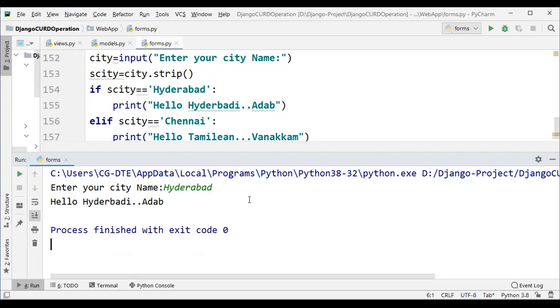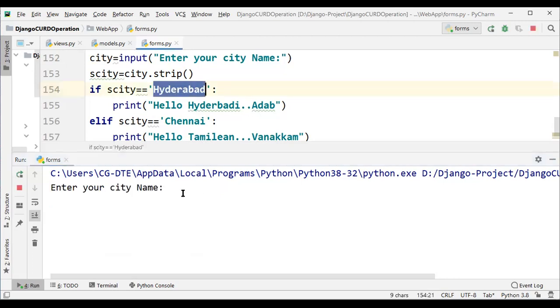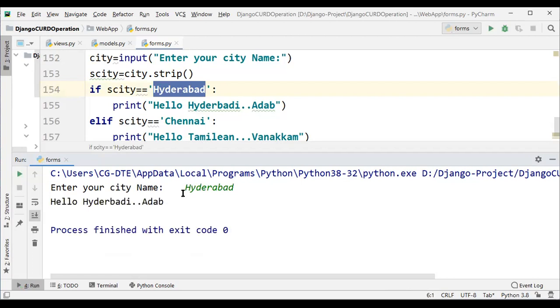So remove spaces. Check it. How to remove spaces? Copy, paste, and add spaces: 1, 2, 3, 4 spaces, and copy 1, 2, 3, 4 spaces. Hello Hyderabadi, adab. It removes the spaces on both sides. Got it?